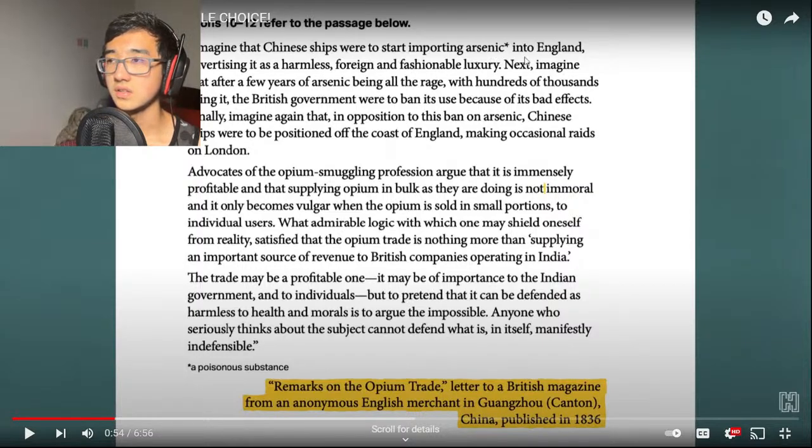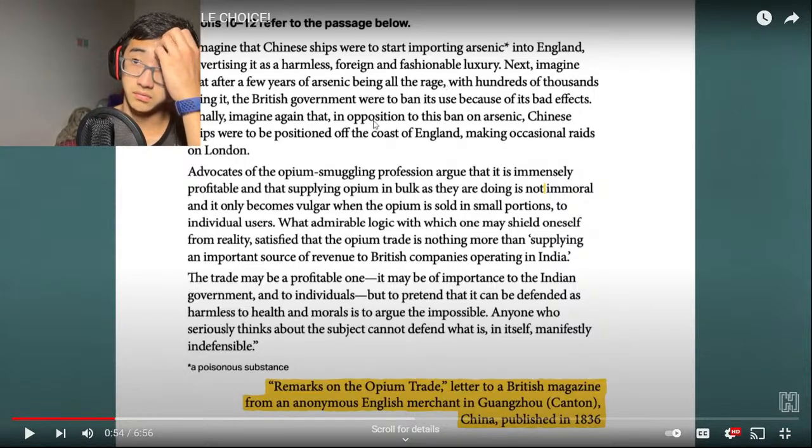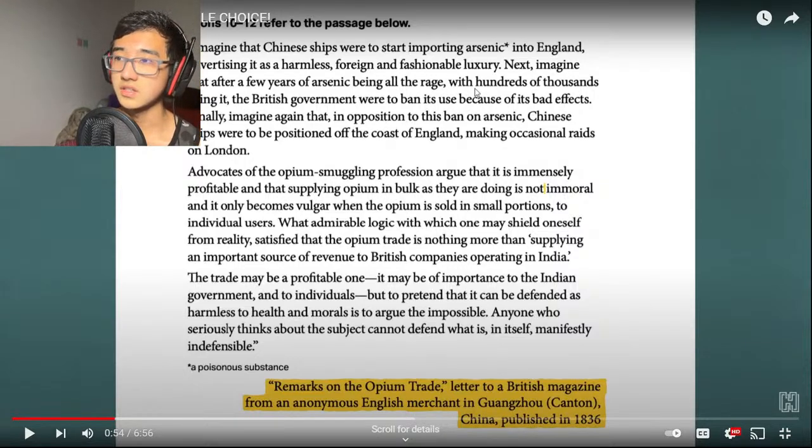Importing arsenic. Okay, no, that's a chemical compound. Into England. Harmless foreign fashionable luxury. Imagine after a few years arsenic being all the rage. I never knew they used that kind of terminology. With hundreds of thousands using it, the British government were to ban its use because of bad effects. Okay. Finally, imagine that in opposition